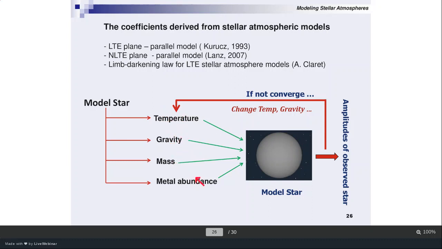So once you do this, not only are you converging to the observation, but you are also determining the parameters of your star. Of course, let's say you are not certain about the parameters of SZ Lyn, which I actually use here. You start with some average or initial values, but you can converge your stellar parameters to quite accurate values within this process. That is another advantage of this.